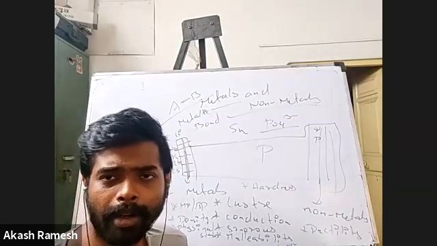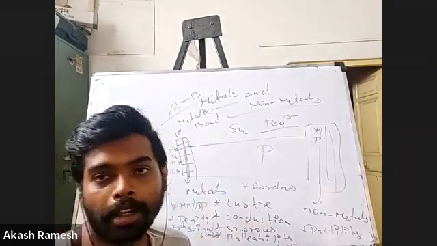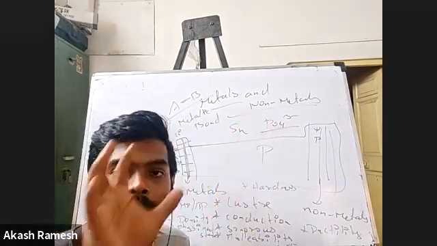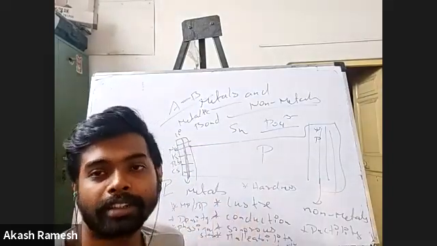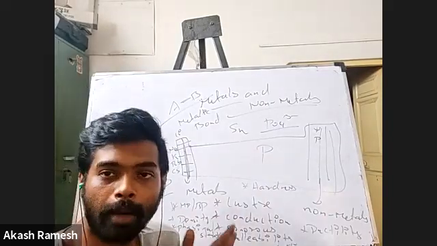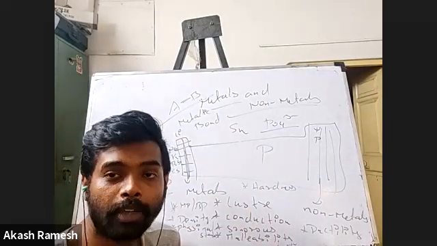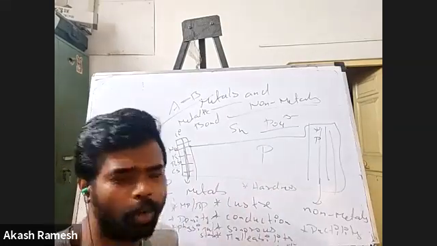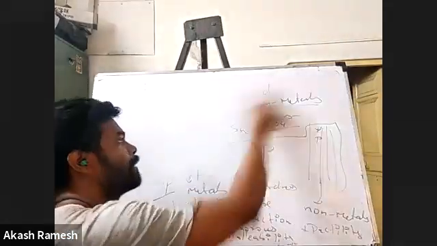Now, if I go into the chemical picture, when I say chemical properties, we talk about how that particular species interacts with other chemical species. I have a molecule A. If I bring that molecule A near a molecule B, how are they going to interact? What are the different things that are going to happen? Those are what are called chemical properties, right? Physical property is what we see, what we feel by our senses. Chemical properties are the ones which arise because of the interaction between two molecules or two atoms or two elements or whatever it is. If you look into it, we'll see what's going to happen.